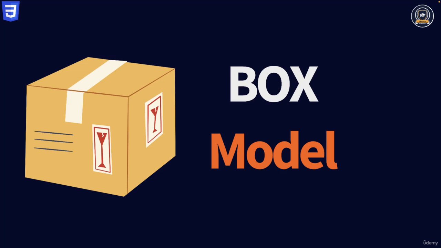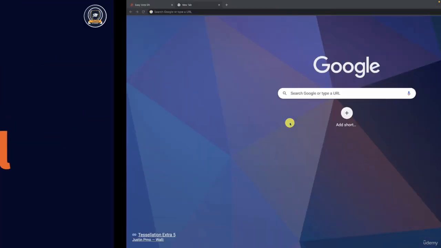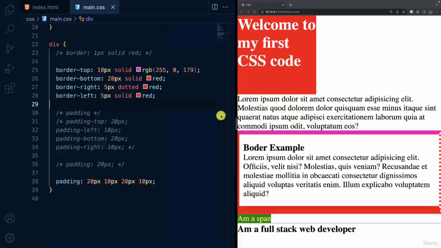Let's finish up with the box model concept by talking about what is called margin. So what is the margin property when it comes to the box model? The margin property adds space between a box and the content of the next element. It simply means that it's a space between two or more children that is around a particular